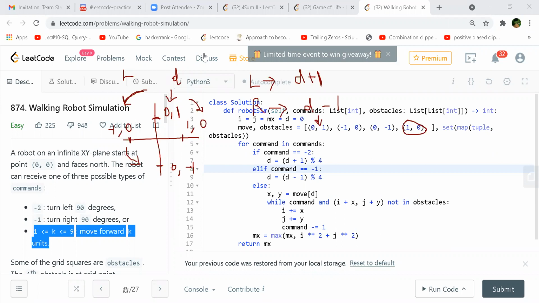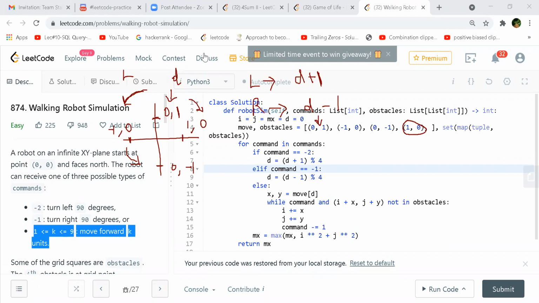I think that last step we don't have to do, right? We can directly calculate I square plus j square and return that value after completing that entire for loop, for command in commands. No, but if you reach 0 from where you started, that's again... You'll have to look at the problem statement. It says at the end, return the maximum distance that the robot will be from the origin.